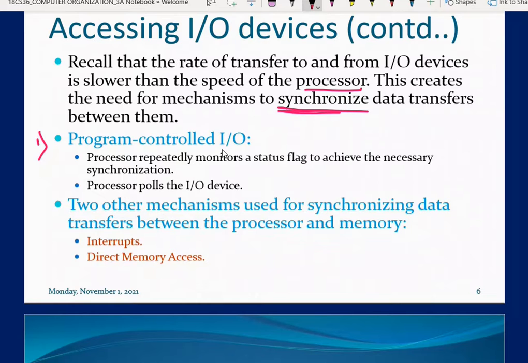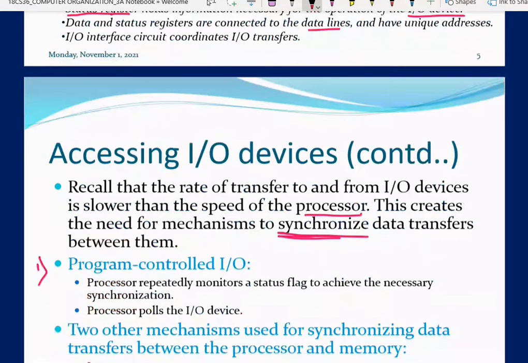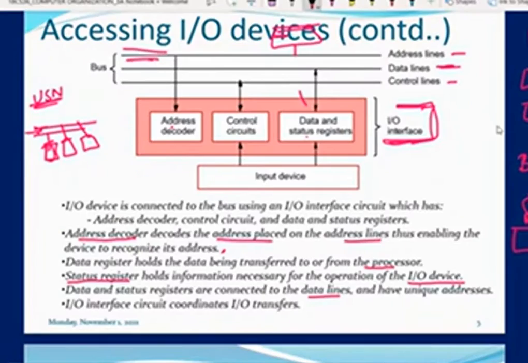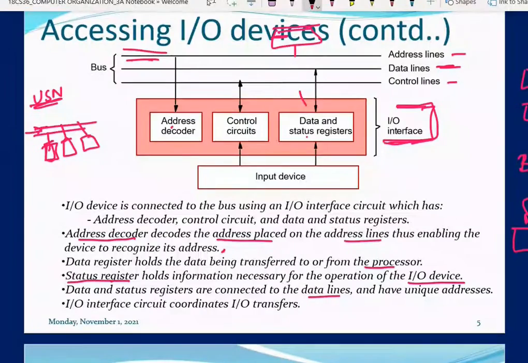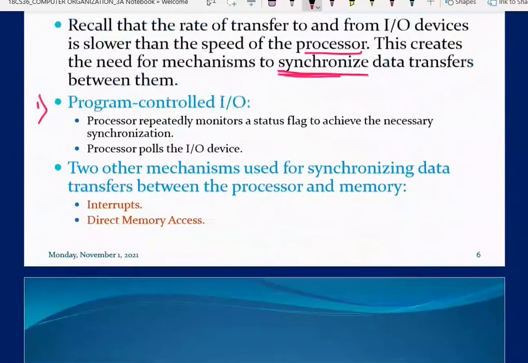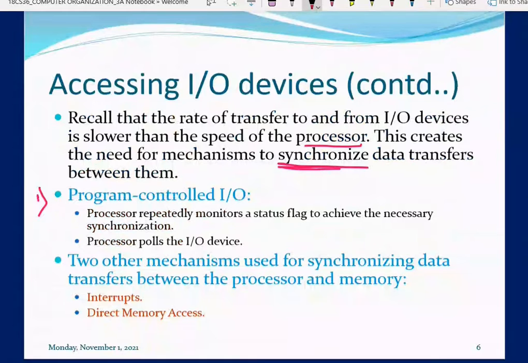Now you need to recall the topic we have discussed, the basic IO operation. That is an example of program controlled IO. What happened in program controlled IO? Do you remember? If this is the bus, this is the processor, this is my input device and this is my output device.